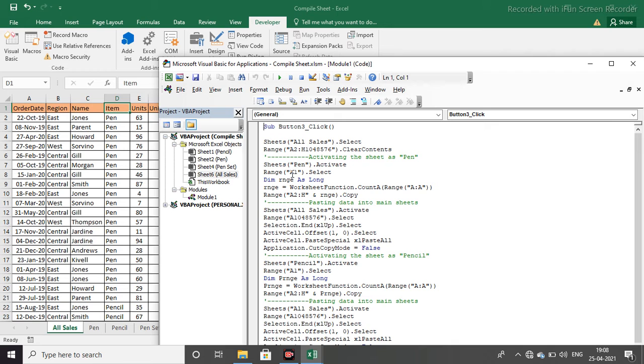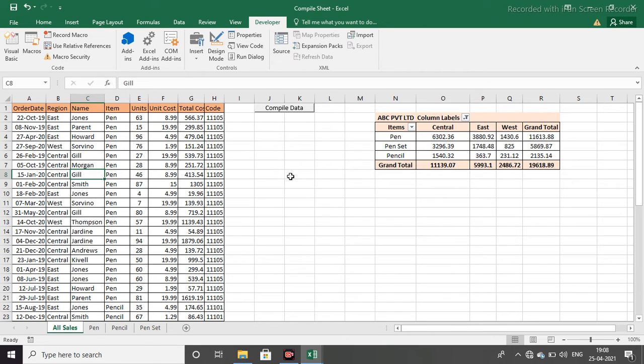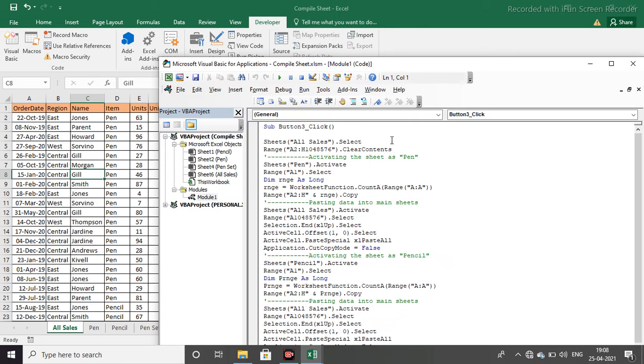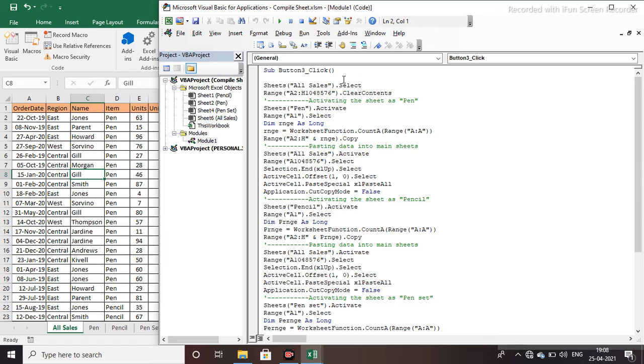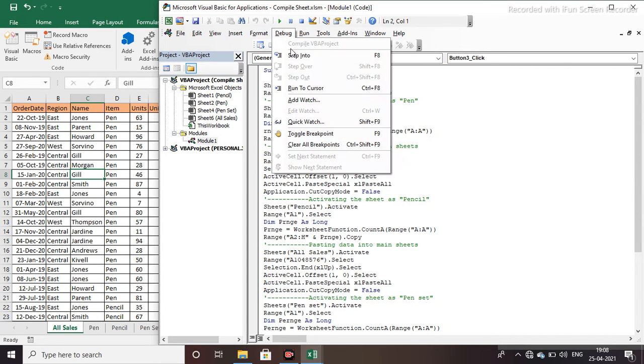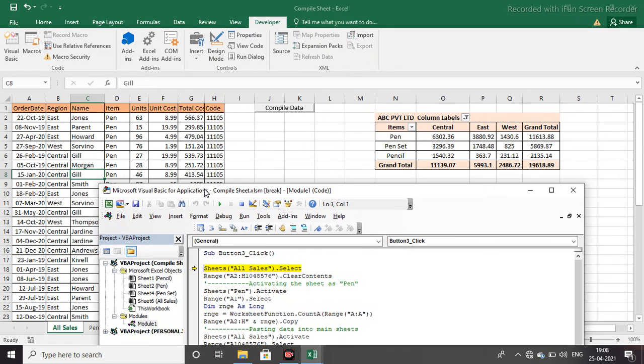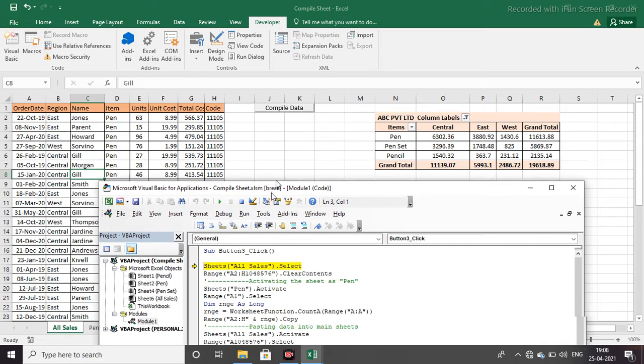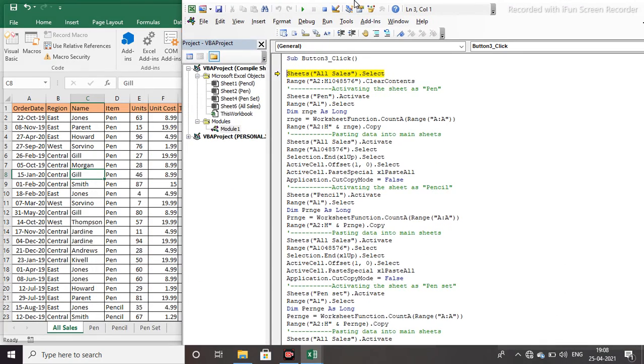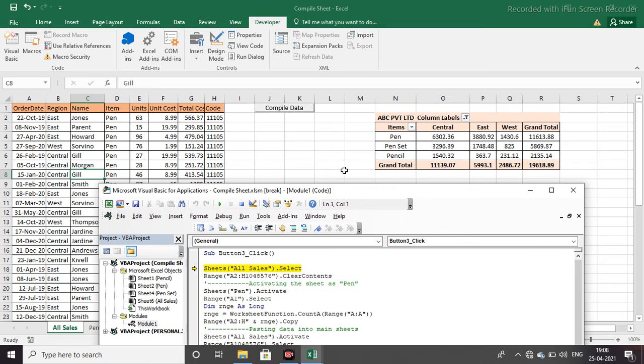We have assigned the macro to this click button. Let's see it in the VBA in debug mode. First, once we click on this button, it will select the all sales sheet.